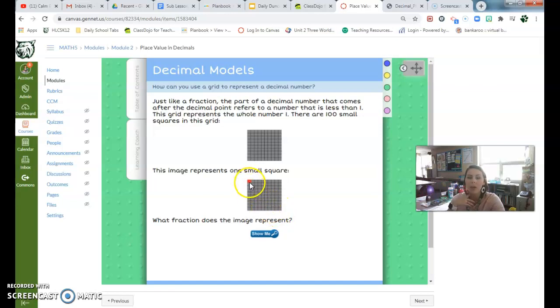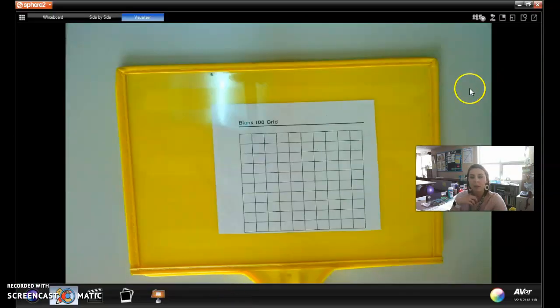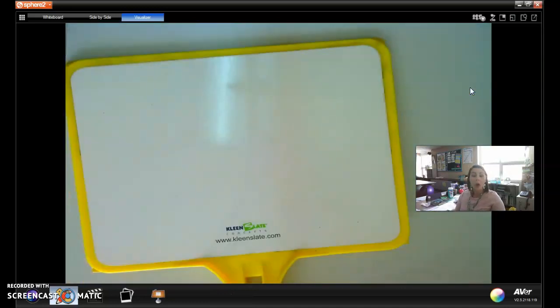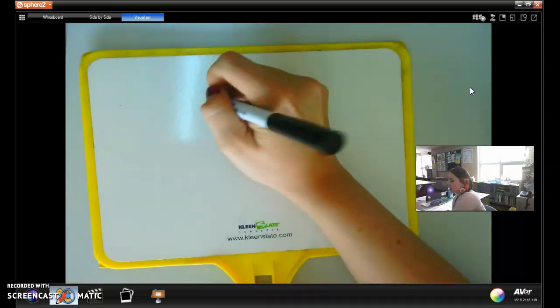So, for example, on this large square, I only have one tiny square colored in. I know that within this larger square, there are 100 of these little squares. How do I know there's 100? Well, I have 10 on top, 10 on the side. 10 times 10 is 100. So I have 100 of these small squares, and when I only have one of them filled in, that means I have 1/100th. One of those little squares colored in means I have